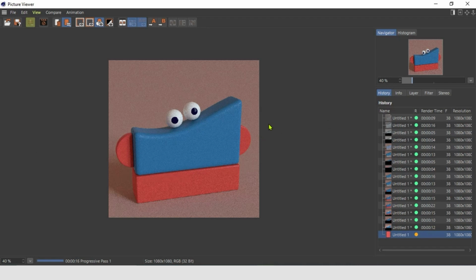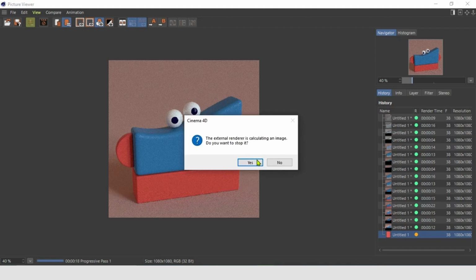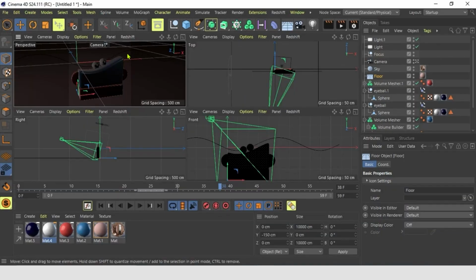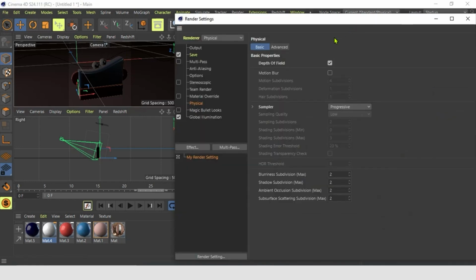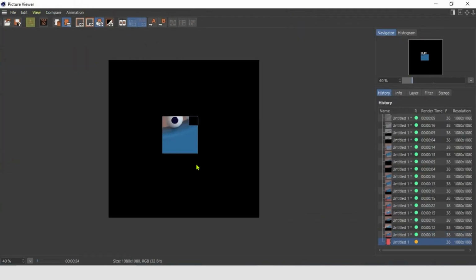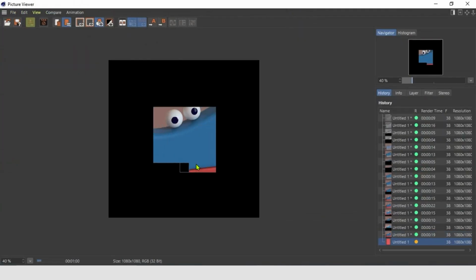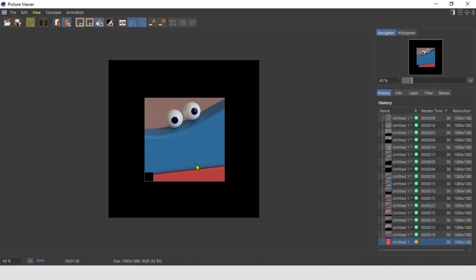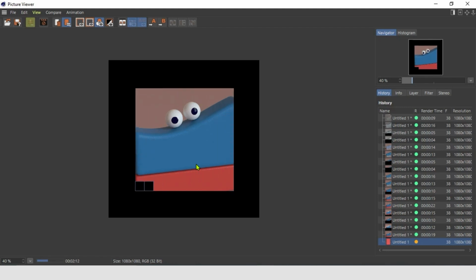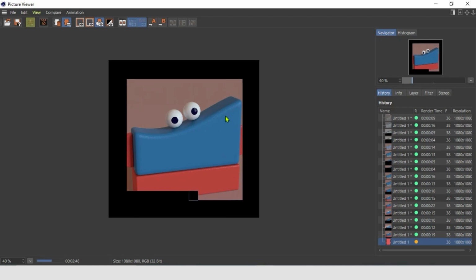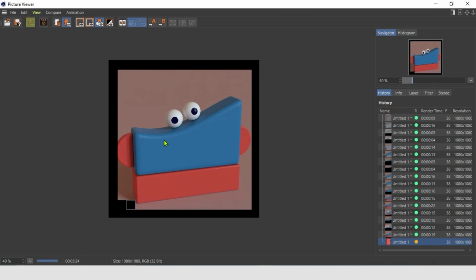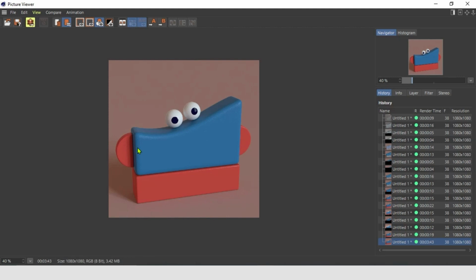Okay, so once you are happy with your render, choose exactly the framing and make sure you are happy with everything. Go up here and we go on physical and we change the progressive now to adaptive, and we can now hit the render button. And now this is basically the final look of our render. And you make this last test render just to make sure that you are happy with the look and everything.